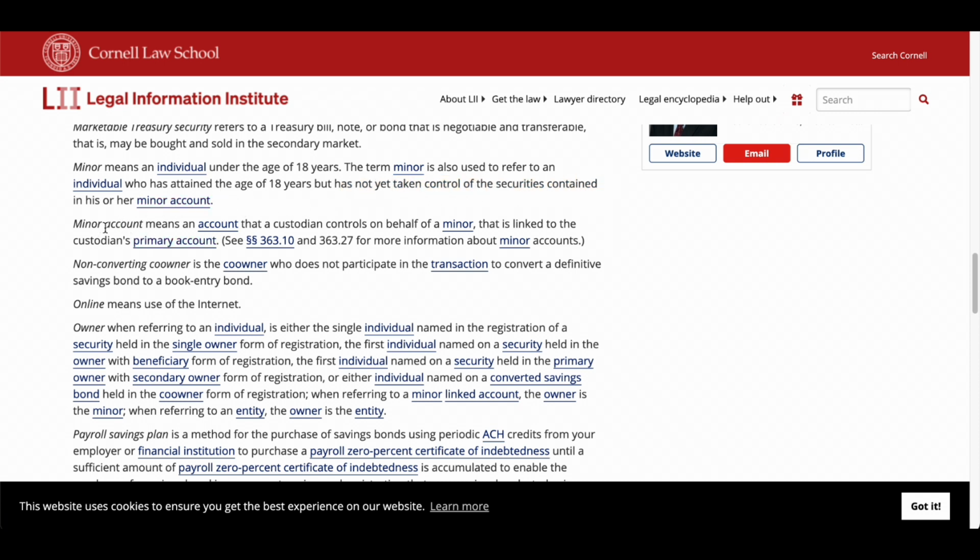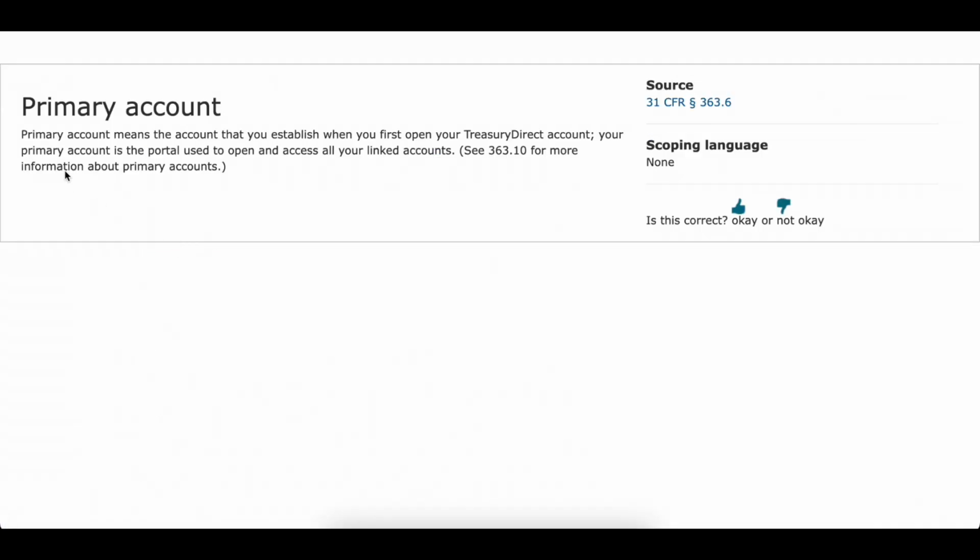Now, the minor account is an account that a custodian controls on behalf of a minor that is linked to the custodian's primary account. It's linked to the custodian's primary account right now because you're in minor status.